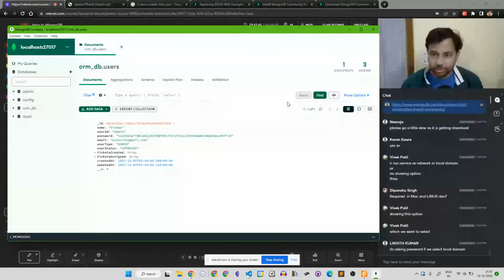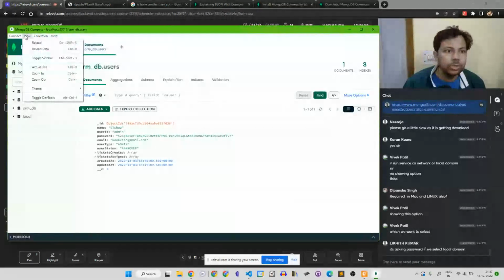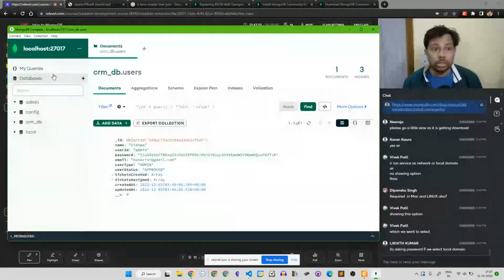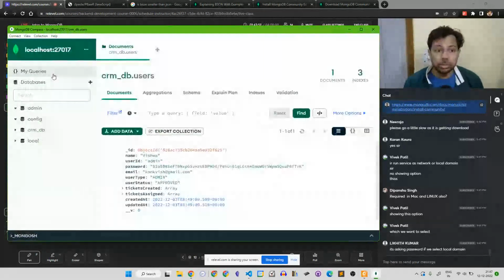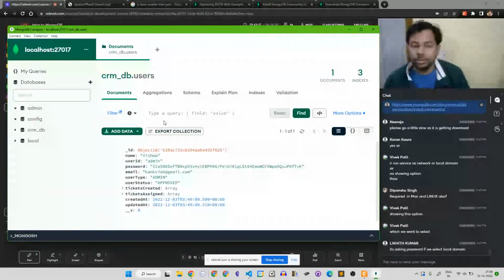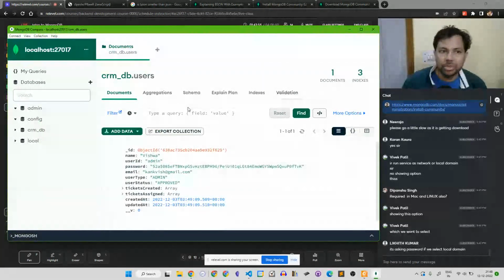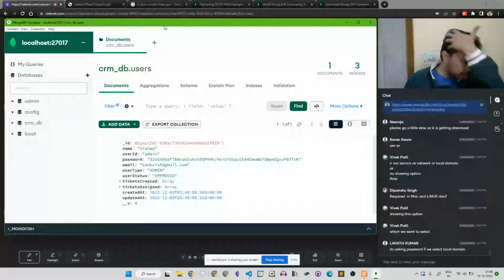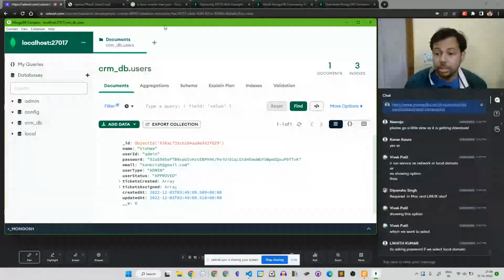Let me zoom in, control plus plus plus. This is how Compass will look. You will typically use similar compasses online when you use MongoDB Atlas or DynamoDB.